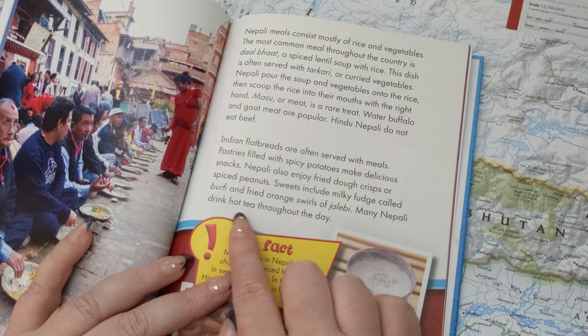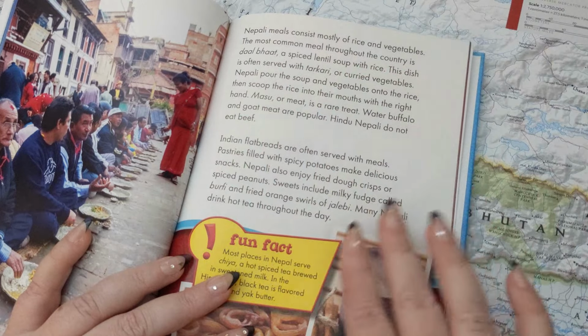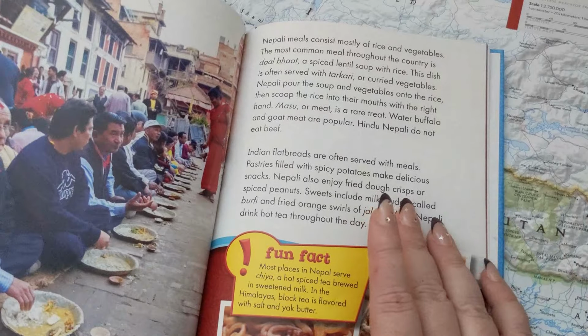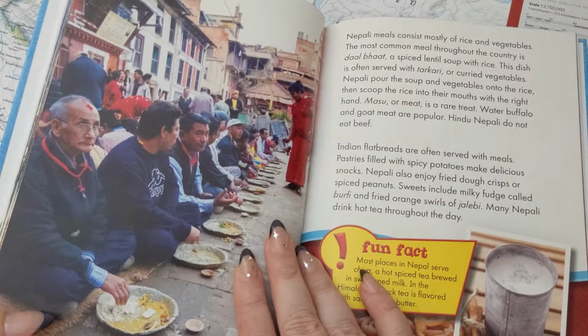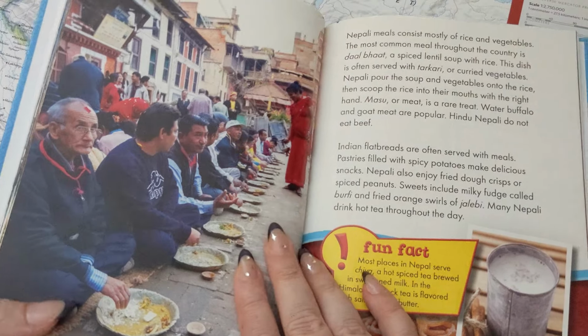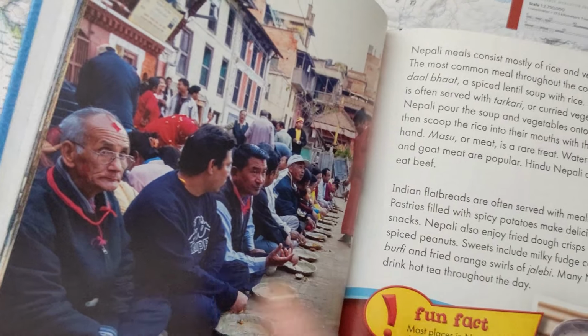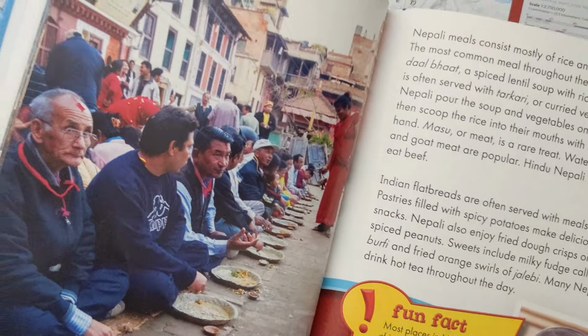Many Nepali drink hot tea throughout the day. I would absolutely eat all this. I think I'd like Nepali food. So this, by the looks of it, I wonder if some of these might be monks. This guy looks like he could be, but he's not dressed right. Because it looks like,